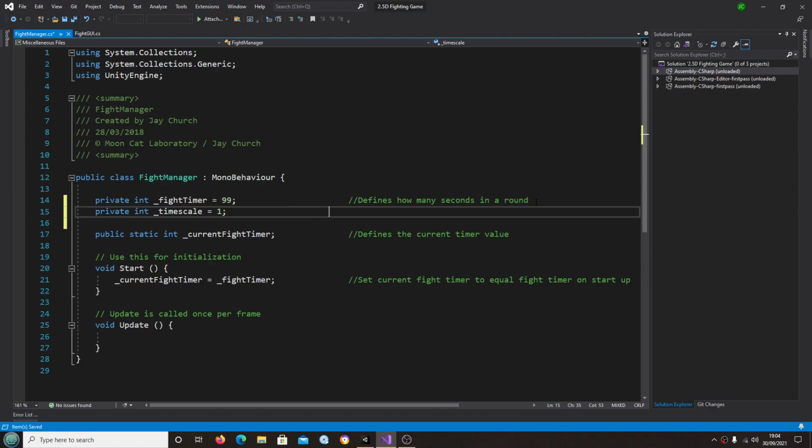So this is for when we count down the fight timer. We're just going to specify a timescale of 1, so 1 second to 1 second basically, making sure that the fight timer counts down properly regardless of frame rate of your game. So let's put that into the comment. So defines the time scale in seconds,